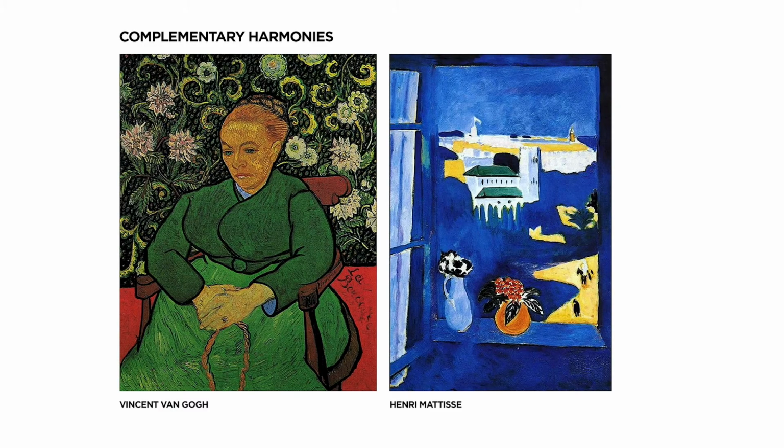Okay, so now we're going to move on to complementary colours. So complementary colours, as we mentioned before, are directly opposite each other on the colour wheel. This is a way of creating contrast through colour. So we're going to start off here with Van Gogh and Henri Matisse, but what we can see here is